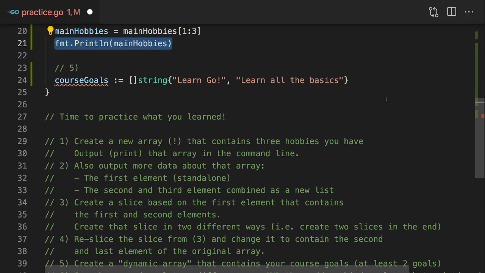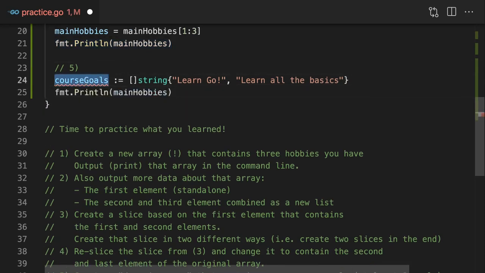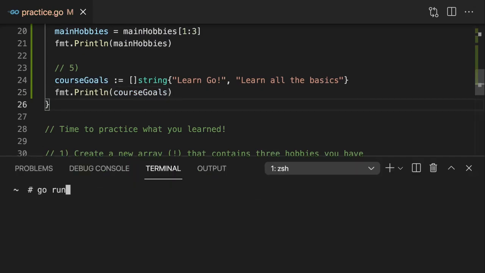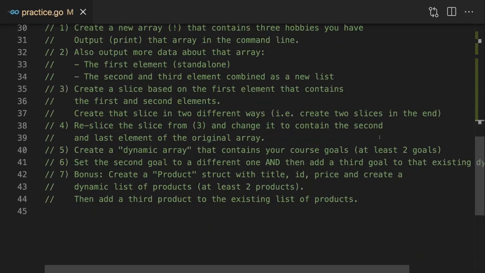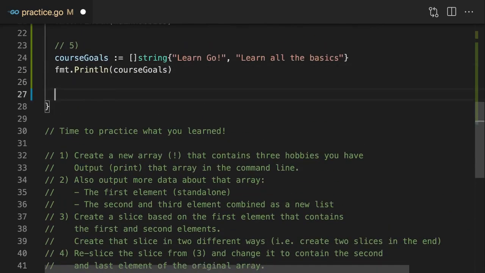Now we can also print this to see whether that worked, and hence print course goals. Go run this, and we see our course goals here. So that is working. In task number 6, we now want to change that dynamic array, and we want to set the second goal to a different one and also add a brand new third goal. Now let's start by setting that second goal. For this